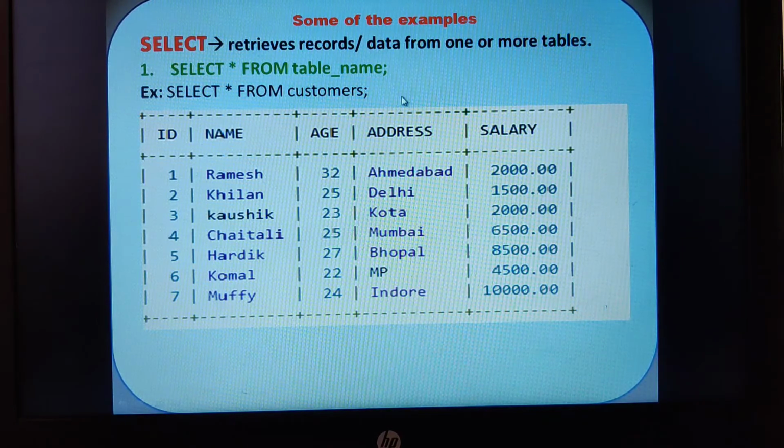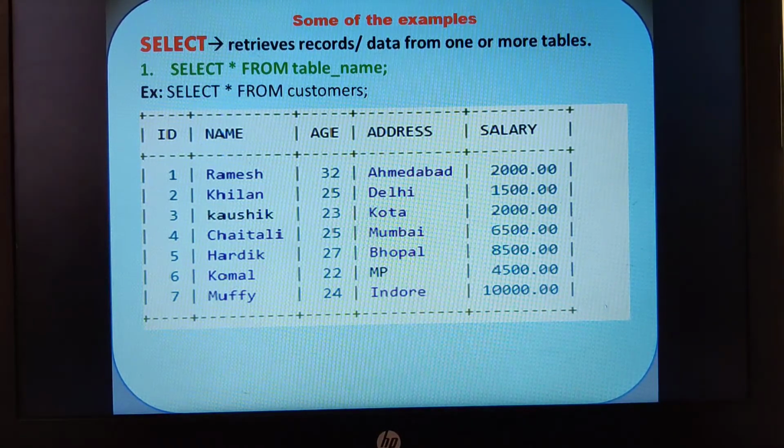In my previous video I had given an example: select star from student where name is equal to Rajesh. That was my query, isn't it? So that asterisk would retrieve all the information related to the student known as Rajesh. But here I didn't specify any condition. If I don't specify any condition and just write this query, the asterisk retrieves all the records of the table. Now the next form: as I said, I don't want to see all the columns.